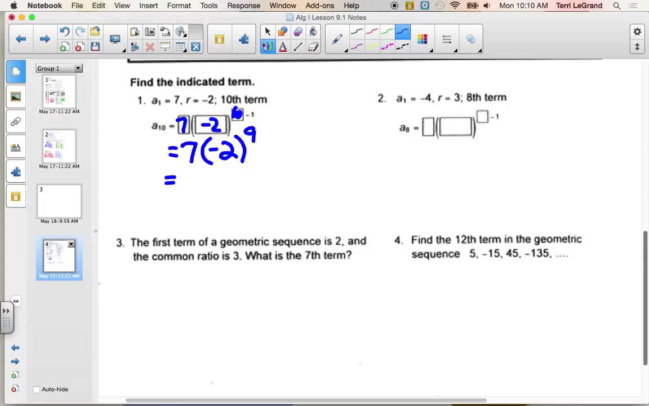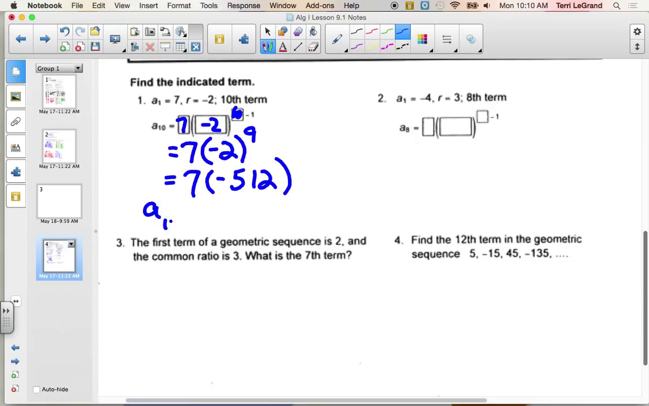Next thing you're going to show me is what is negative 2 raised to the 9th power. What is negative 2 to the 9th power? Well, I'm thinking it better be negative because we're taking it to an odd power. And it's negative what? 512. I didn't think it was 700. Okay. Negative 512, and now we just have our final step, which is multiply the 7 times that negative 512,